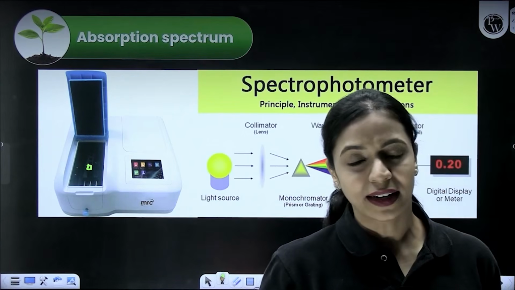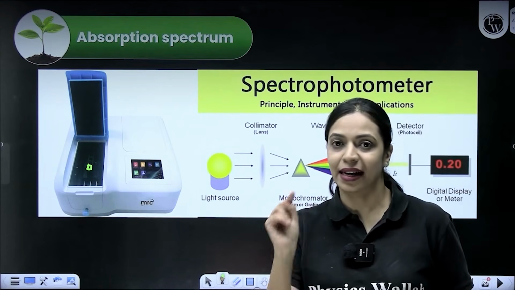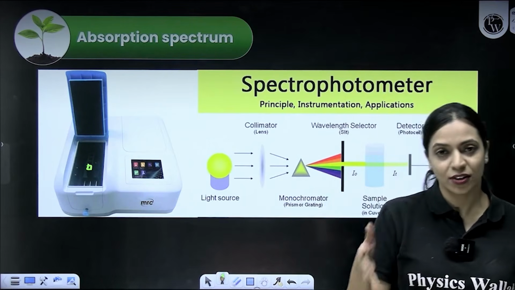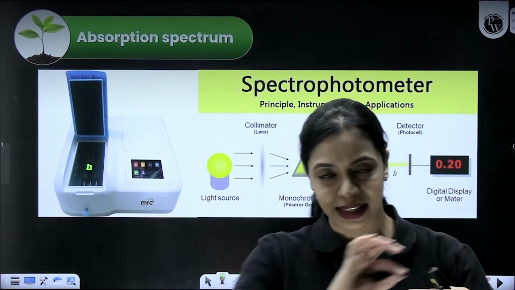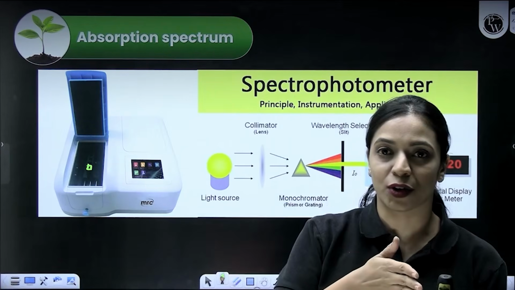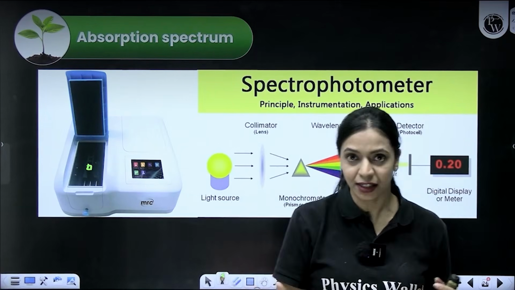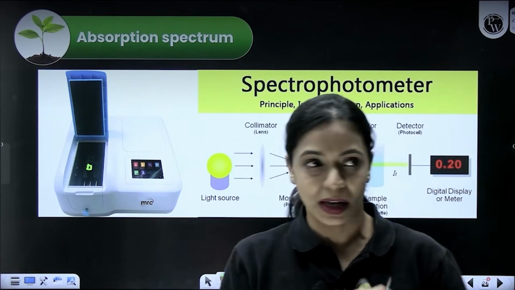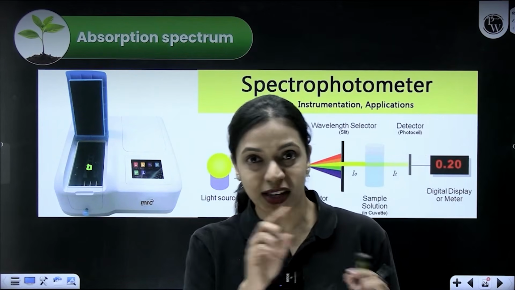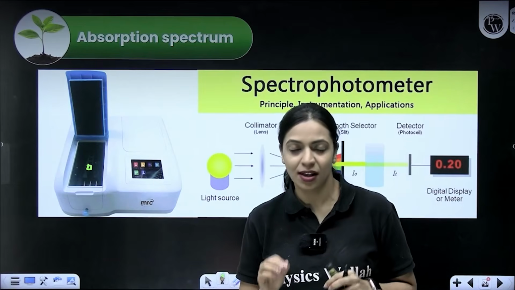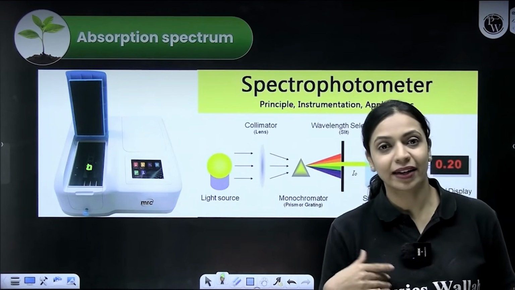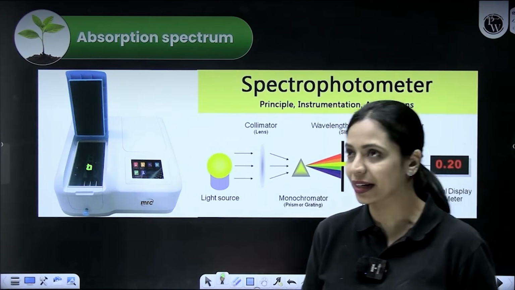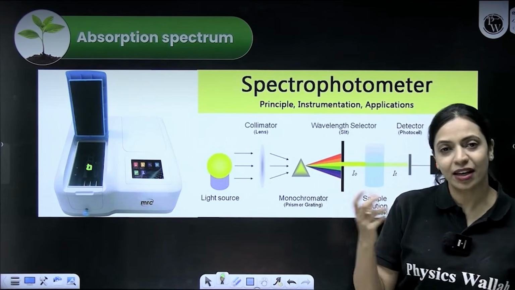pigments. Once you've added it, within the spectrophotometer you can set what wavelength of light you want the pigment to be incident with. So this instrument measures what is the incident wavelength and what is getting transmitted from that pigment, and it will calculate and give you what is called an absorbance value. It absorbs some and it emits some, right? So based on that difference, it will give you an absorbance value. So you will calculate the absorbance value for chlorophyll at 400 nanometer, 410 nanometer, 420 nanometer, and every wavelength that